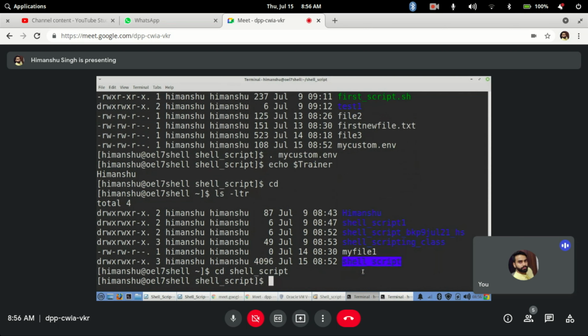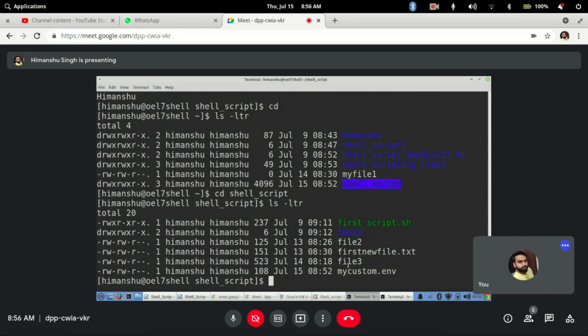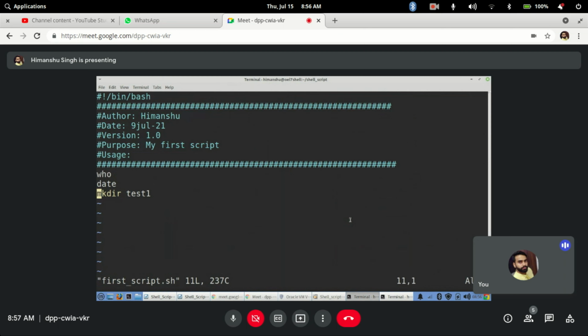Now let's say if I go here, my first script is there, right? I will use that here now. Earlier I was just running the commands. Let's say now in this specific shell, whenever this script runs, I want to first source my environment variables and then print them.